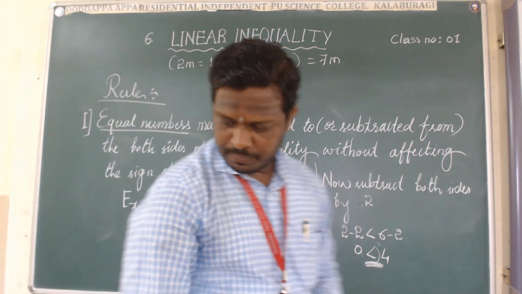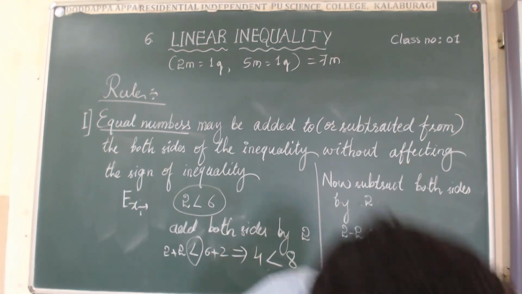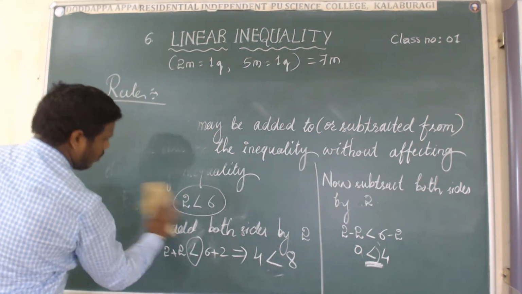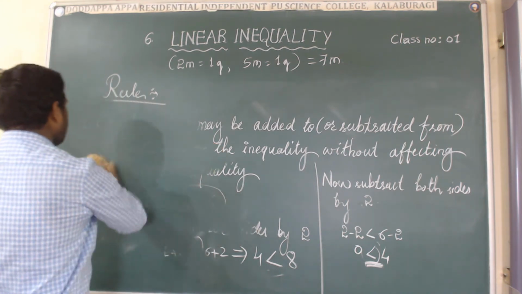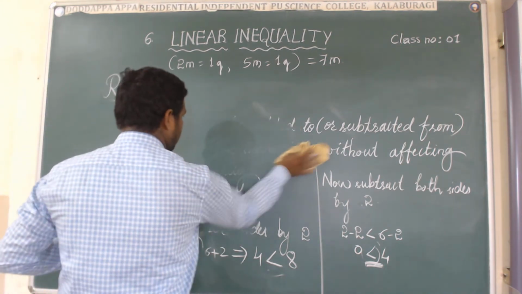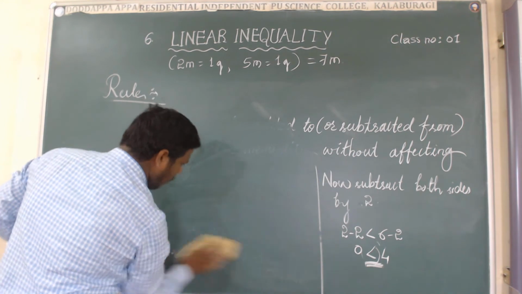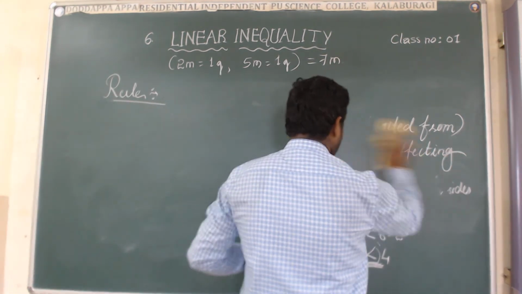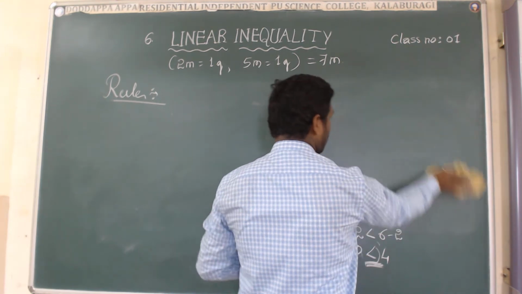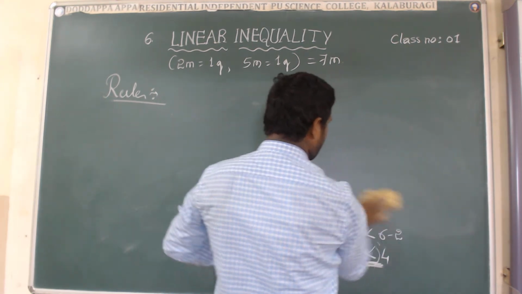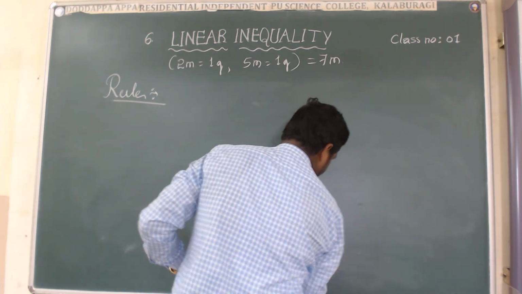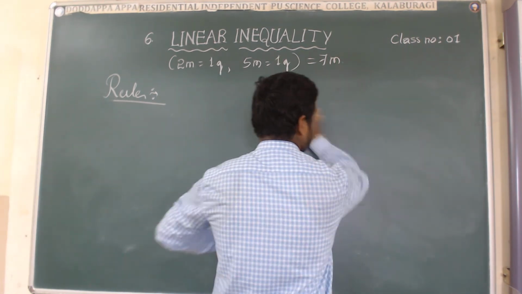Second rule. Come to the next second rule. I hope that all of you are getting this one. What is the meaning of the first rule? What is the property from the first rule? Very simple. In the given inequalities, if we add or subtract equal numbers, the sign will not change. The sign is not altered.